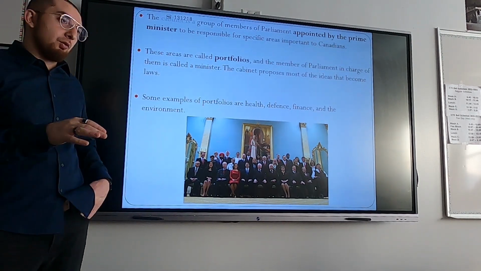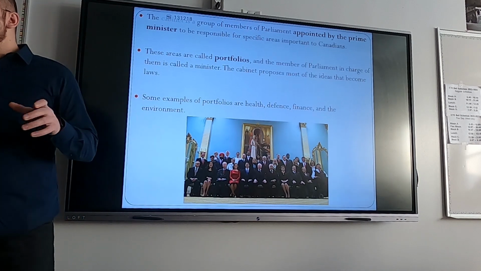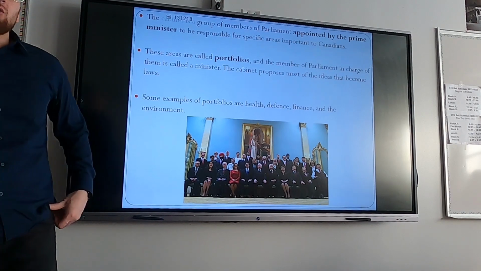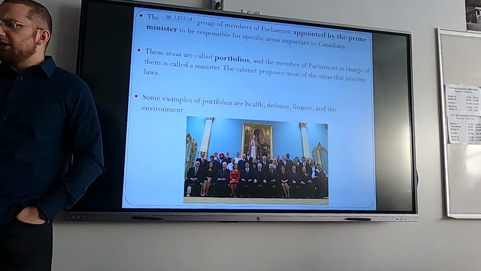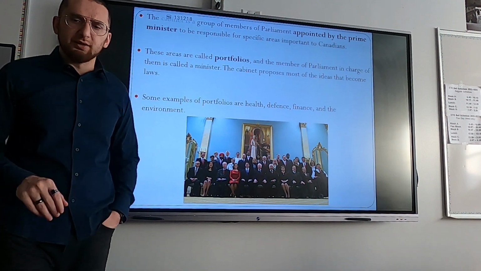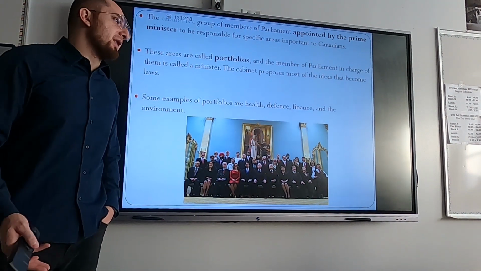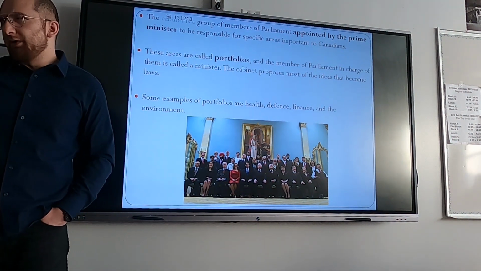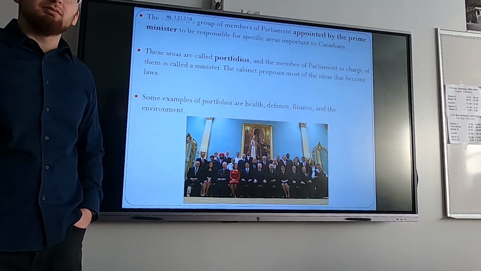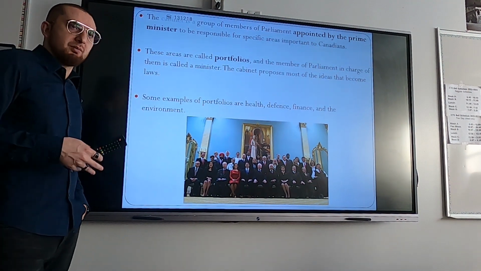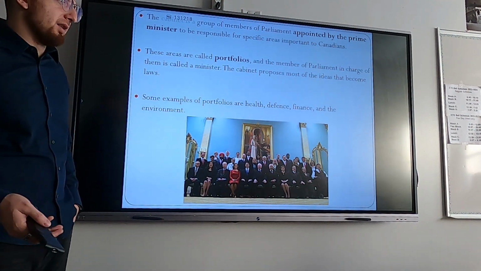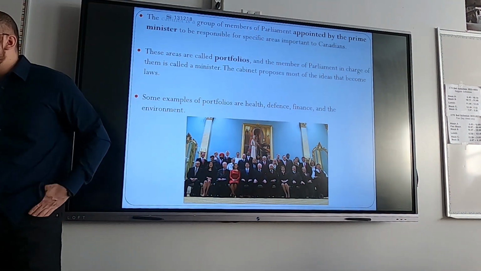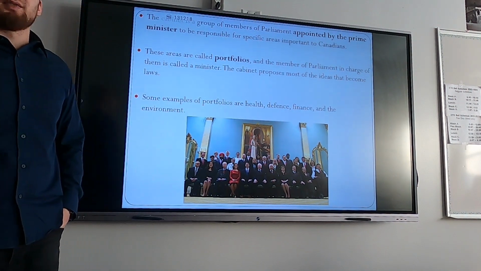In Canada, or any country, if it's properly run, there are about 15 to 30 cabinet members, and they're all responsible for certain things. And I think your textbook breaks that down a little bit more clearly. Okay, but you could have a cabinet minister for the environment, for trade, defense minister, who is responsible for the military related decisions and protecting Canada. You could have foreign policy, which deals with events outside of Canada and what Canada is going to do. Domestic affairs, which is dealing within Canada. All types of stuff. Okay.